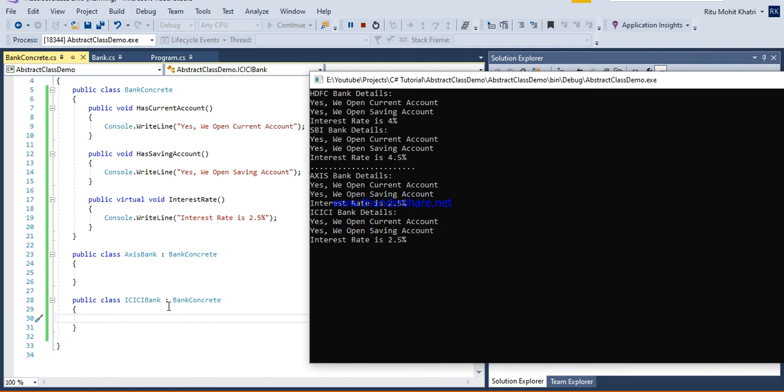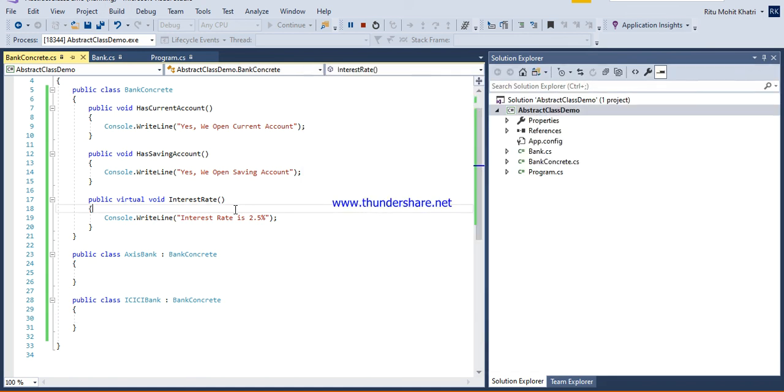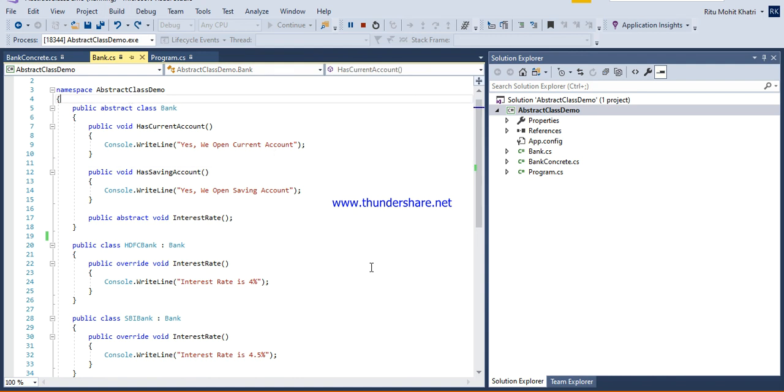And same goes for ICICI Bank. It is also not overriding the definition of the virtual method, and it also says our interest rate is 2.5%, which might be correct or might not be correct. If there was a common thing, then it is correct. But if there was some reason that they have taken this method as virtual and they need to override it for sure, but if they missed overriding, then the information will be incorrect. So if you have that choice in your application that you always need to override some definition, and you also want to have some method as common, you should always go with the abstract class.